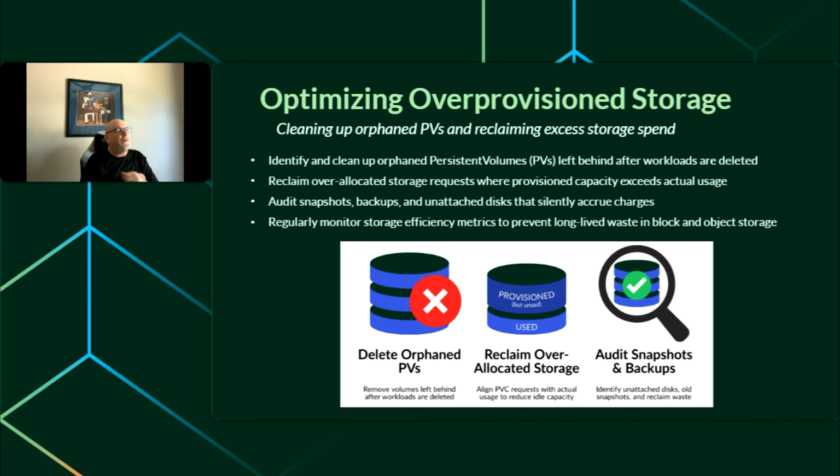The last couple of things that we can look at then, things like snapshots, backups, unattached disks. Most teams are going to have some sort of data retention policy, and oftentimes things like snapshots, backups, unattached disks will slip through those cracks, and now you've got, again, this problem with storage that's basically wasted cost. So the next thing we look at is go audit the snapshots, take a look at your backups, go see if you've got any unattached disks